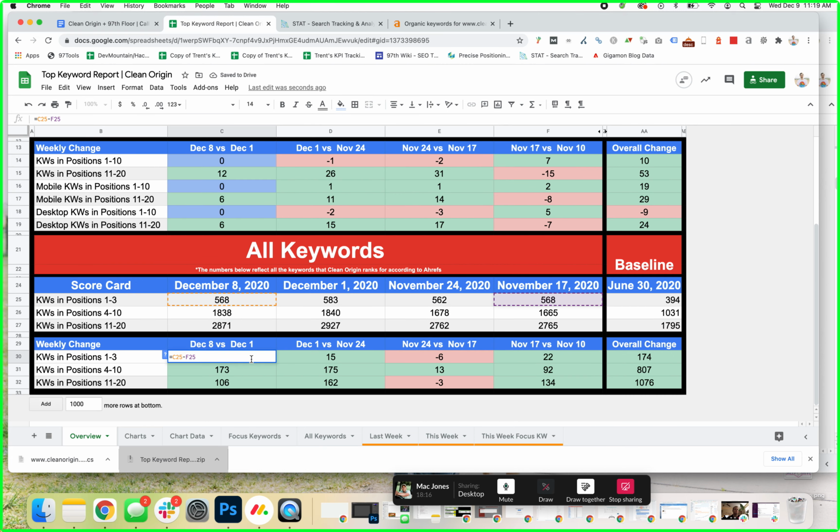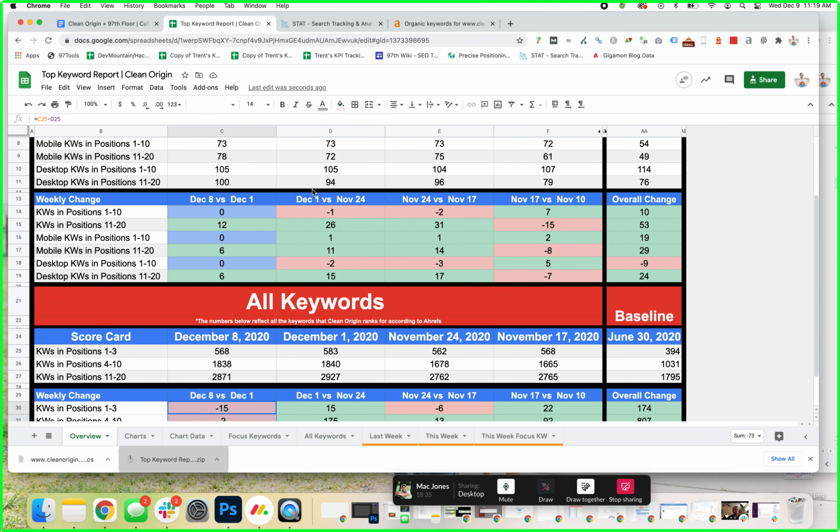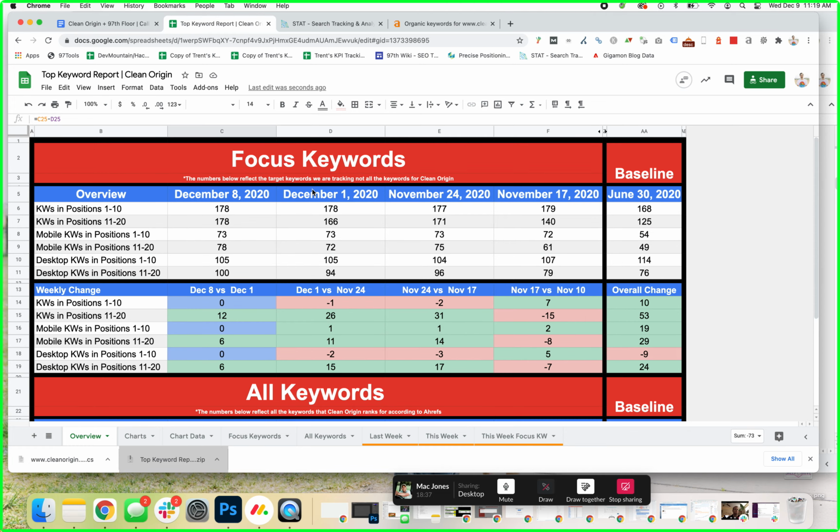Let's see what it's saying. Yeah, for some reason it's pulling F6, so F25. So I'm going to go D25. It looks like we dropped some position 1 through 3 keywords. Yeah, we kind of had a bad week overall,